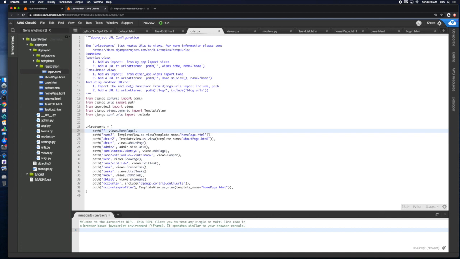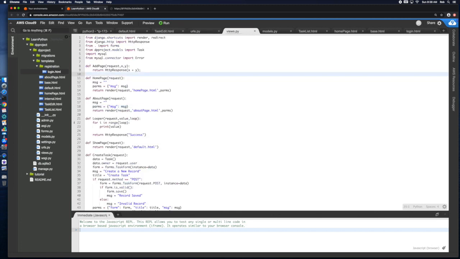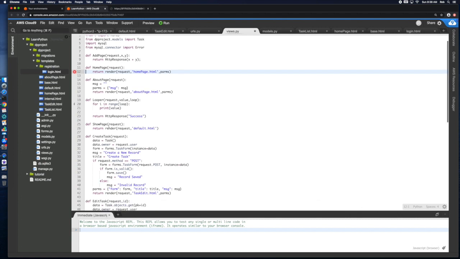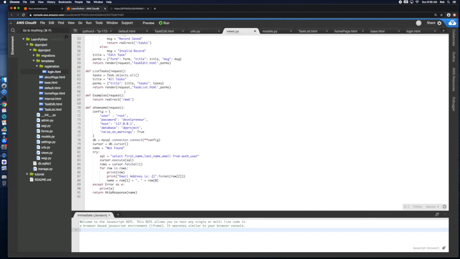So I could either change my homepage, like here, which now remember I don't use this view anymore, because this view I changed to just directly use it. So instead, I can use my redirect, as we saw here,